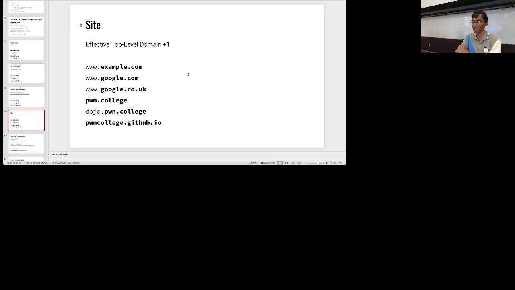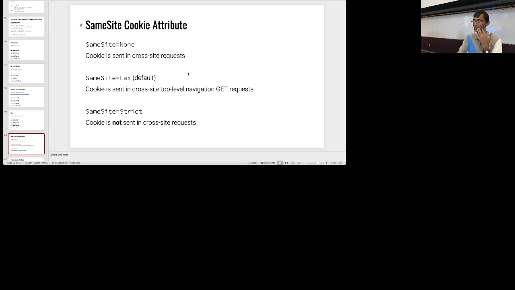If this is different, for example, the subdomain, for example, dojo.pwn.college, the same cookie cannot be accessed by the content from the DOM object belonging to dojo.pwn.college. It cannot access the cookie. So if there is a cookie that has to be persisted for dojo.pwn.college to make the user experience the same, for example, the number of challenges you have completed so far, this subdomain may not get access to it. And so to enable these kinds of possibilities,